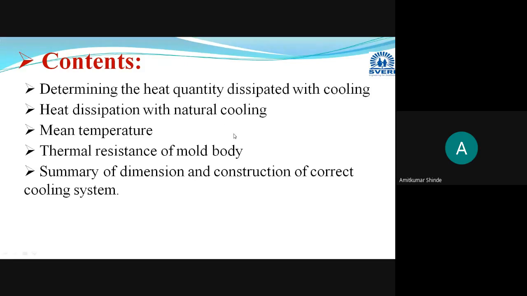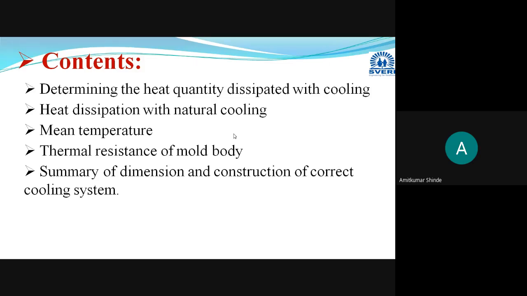And here two types of cooling will occur, as we are providing some external cooling. You can say that this is the artificial cooling which you are providing. And some cooling will occur as the mold is coming in contact with the environmental conditions, that we can say is the natural cooling. But natural cooling is not effective. You will not get the faster cooling.